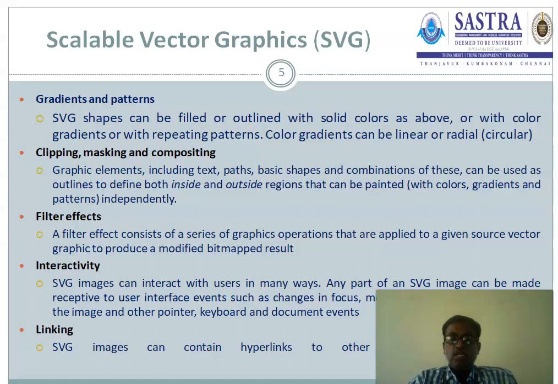Any part of the image, SVG image, or whole image can be interactive. You can click the image, and whenever you click the image and want to do a certain task, event-related activity can also be included. Obviously, when we are using interactivity, event-related programming is included there, because whenever an SVG component is getting the focus or losing the focus,